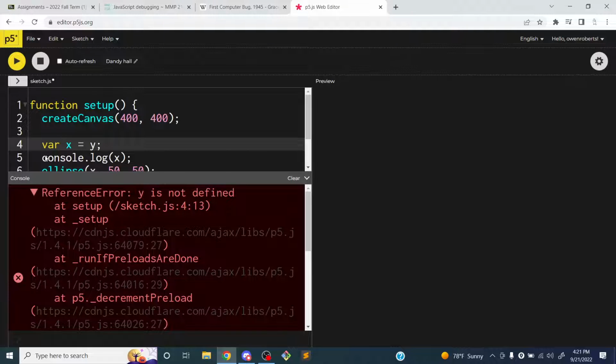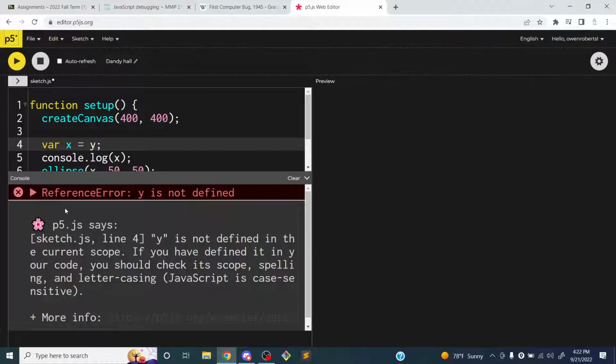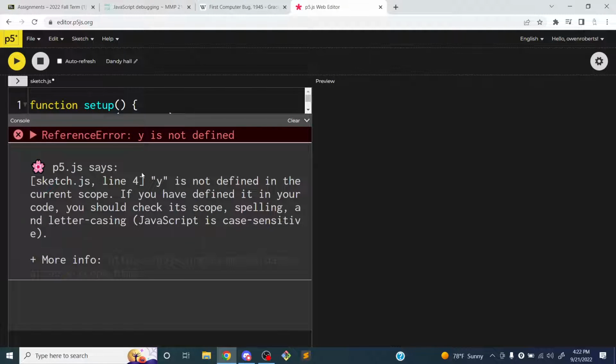I guess it's not exact. Maybe the 13 doesn't mean characters, but anyway, I'm not exactly sure. I think it means characters. Maybe I just can't count. But P5 actually adds even more information because P5 is partly created